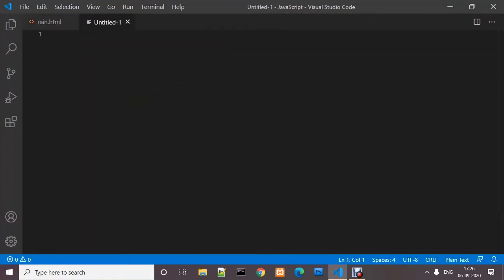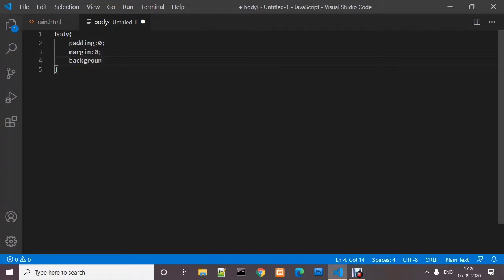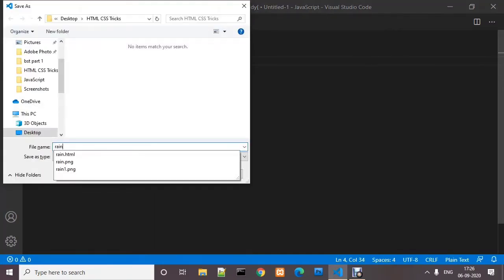So before starting we have to give the default settings. So we are providing padding 0 and margin 0. So this is the basic setting, and we are providing a background image also. So background, and the URL of the image is download.jpg. Actually this file already exists in my PC, and I will provide this image download link in the description box also. So saving this file as rain.css,